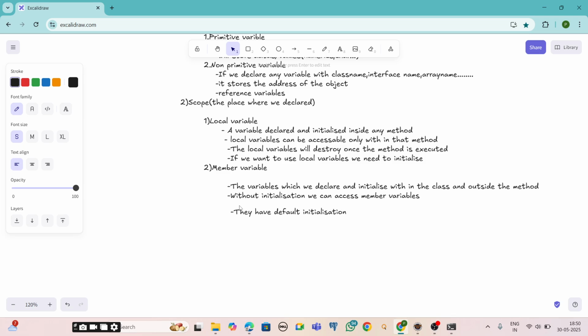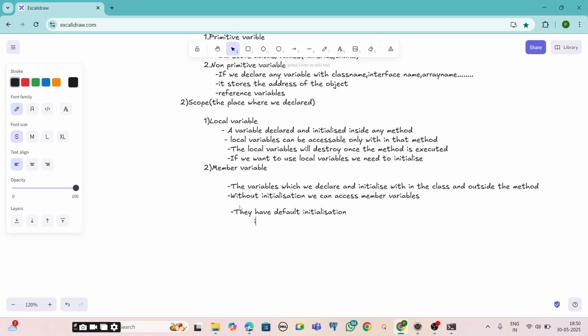It is also a type of initialization which is done by the constructor. You will learn this when you learn constructors in further classes. For now, just remember that member variables can be accessed without initialization, because internally default initialization is done by the constructor.